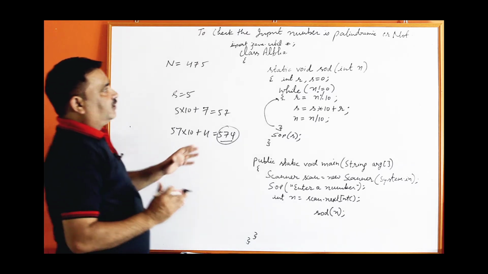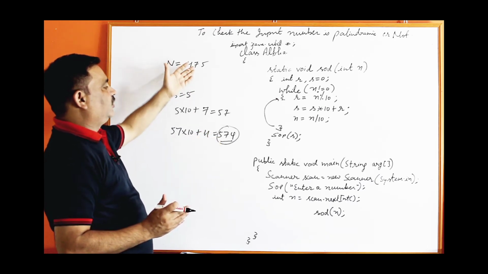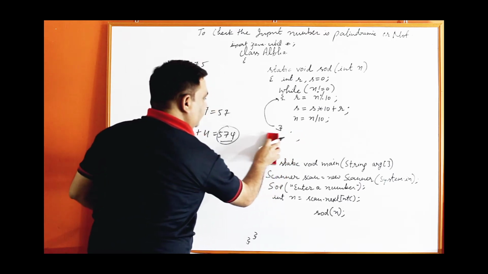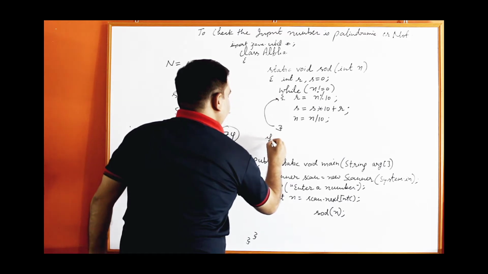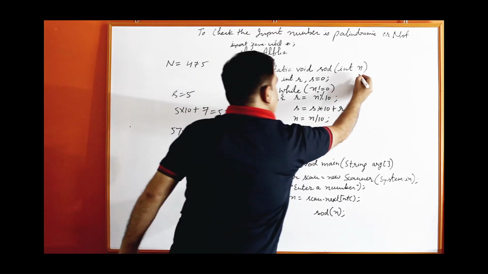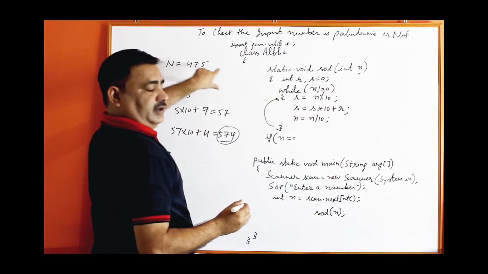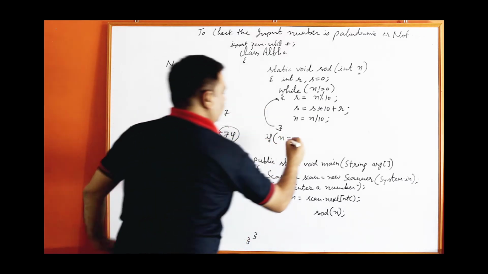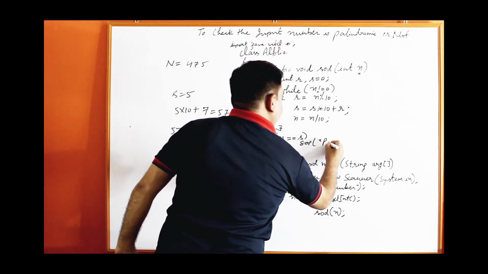Now, our question is to check whether it is palindromic or not, because the reverse should be the same as the input number. So, this number is not palindromic. So, instead of printing, you can put the condition if n equal to the input number. Whatever we have input should be equivalent to the value of s, then it is palindromic. So, I write the condition if n equal to s, print